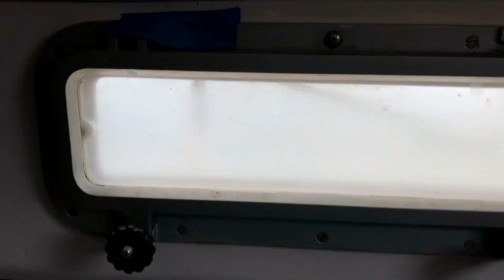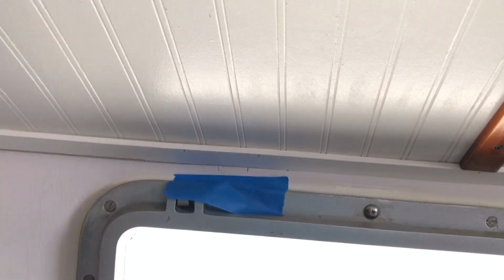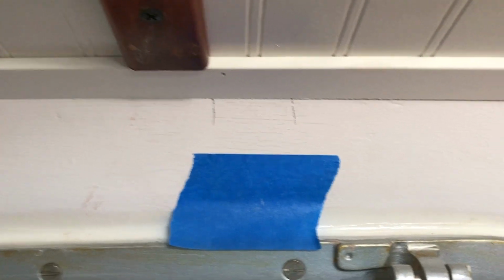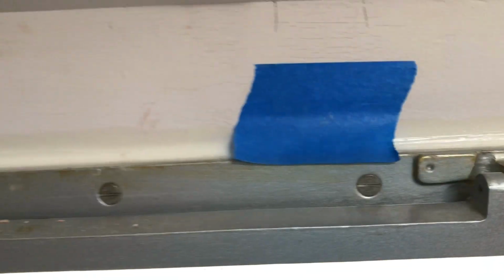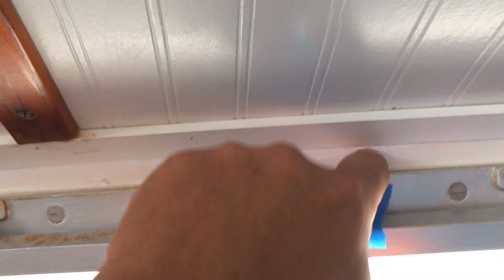And Ted has marked for us with some blue tape where we have leaks, and they're coming in from above the port light. There's a wooden trim piece that runs along the outside of the coach roof here, and it's screwed, of all things, into the overhead, or into the coach roof. So it's just up above here. Ted was saying that he looked up in there and he could see water coming in on the screws that penetrate. So we're going to have to pull that piece off out there and see what we can do about